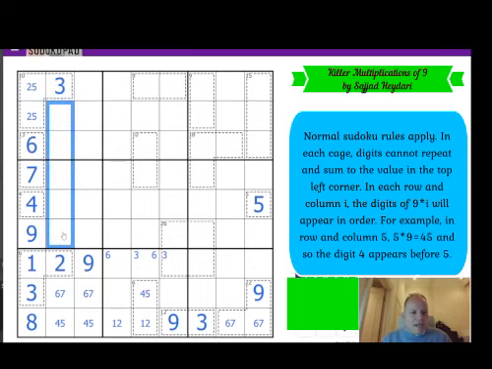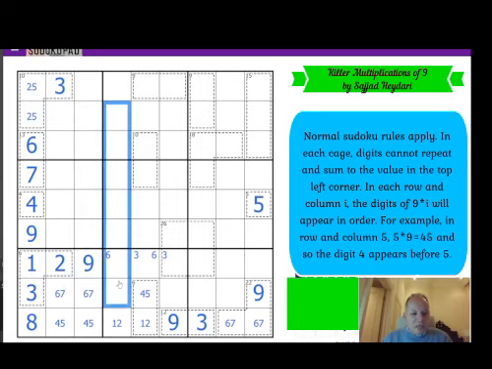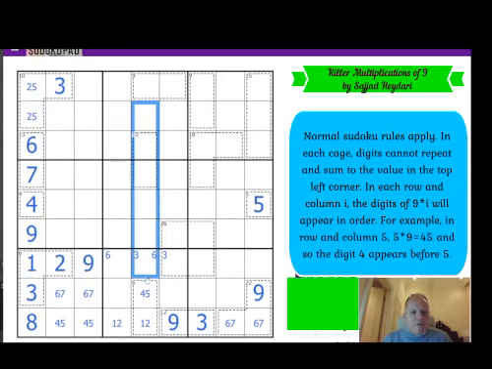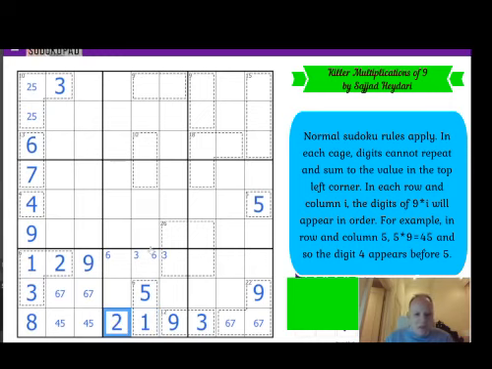1 before 8 here now. Can't really do much with that. 2 before 7. No. 3 before 6 here. 4 before 5. So this can't be a 4. Of course. 5 before 4 in this column. 6 before 3. Well, that's been resolved already. 7 before 2. So this can't be a 7, or it would be after 2. And 8 before 1. Wow. I mean, I think we're going to have to cycle back through those columns every so often.